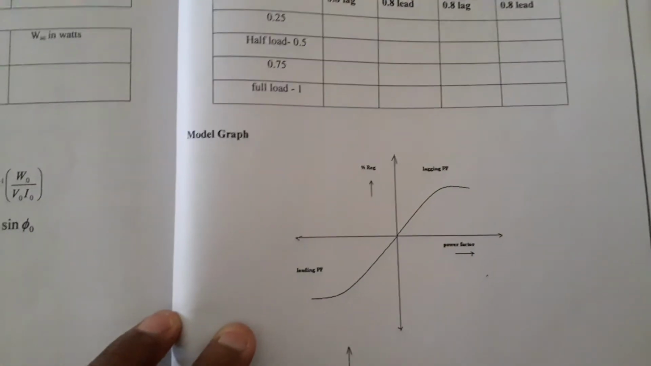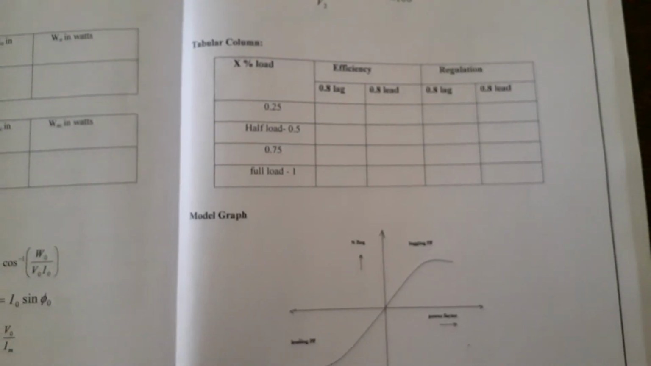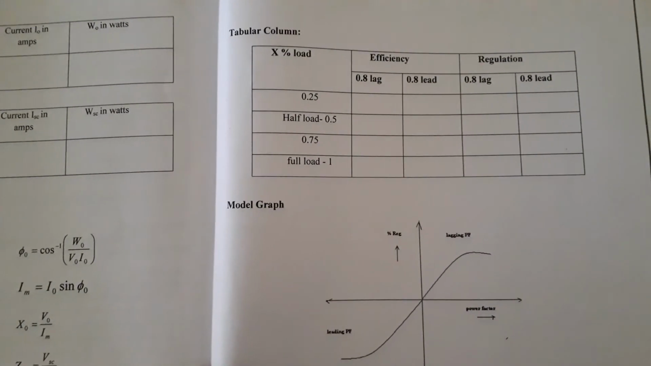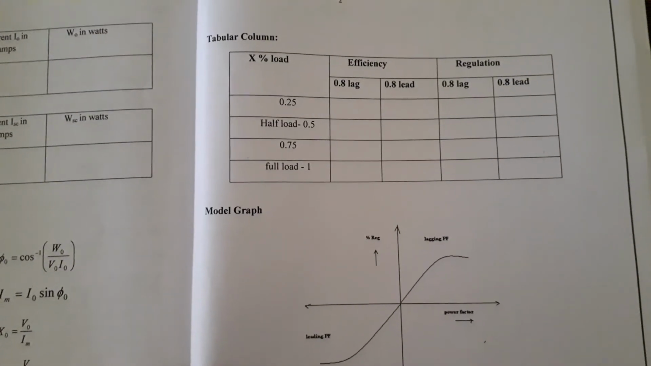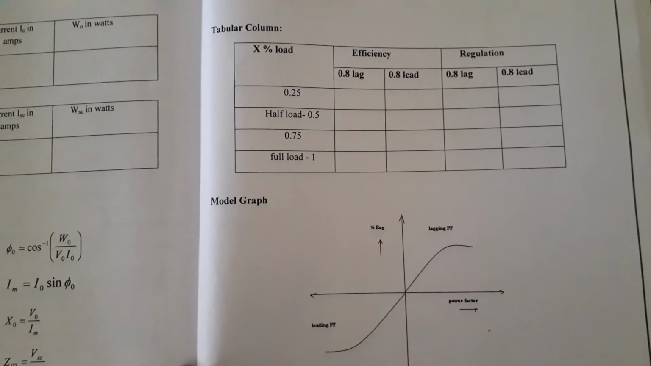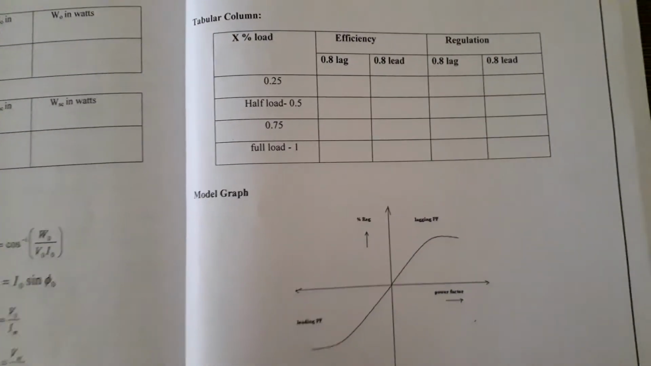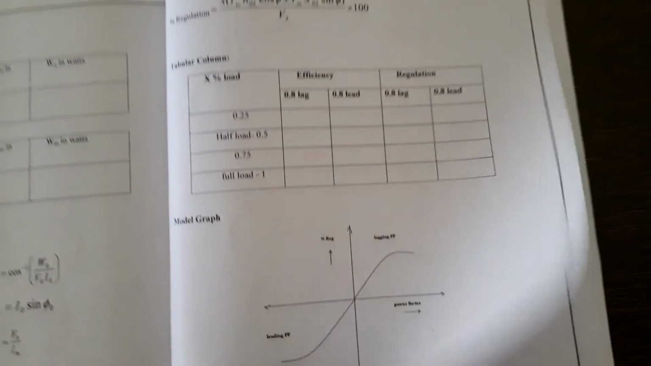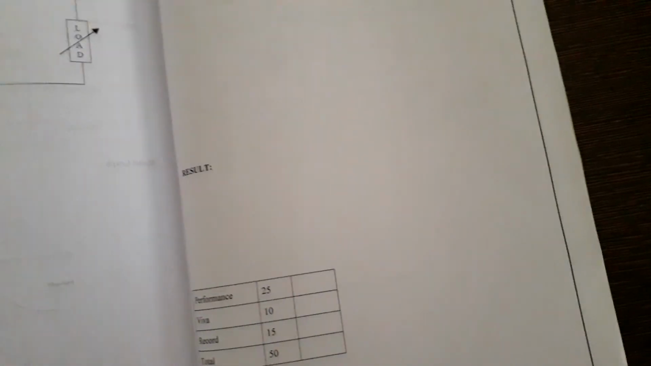So here we are calculating the efficiency and regulation of the single phase transformer for lagging power factor as well as leading power factor for different percentages of load, that is 25%, 50%, 75%, and on full load condition, without actually loading the transformer. That is the advantage in this experiment. Then we are going to write the result of your experiment. The result we have to write from your aim. So here the aim is